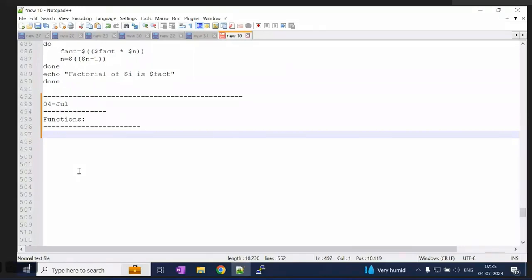So I can say a function is a collection of statements that executes a specific task. That way also we can say the block of code.